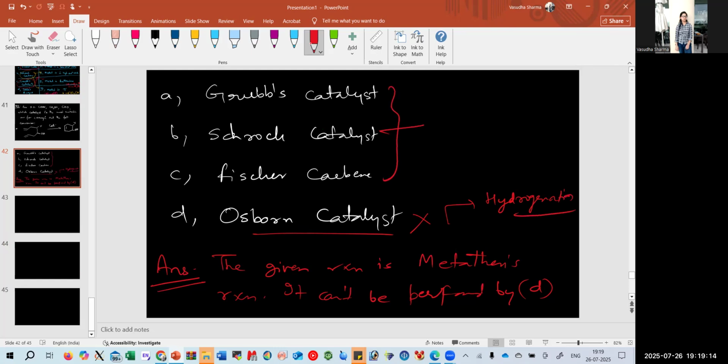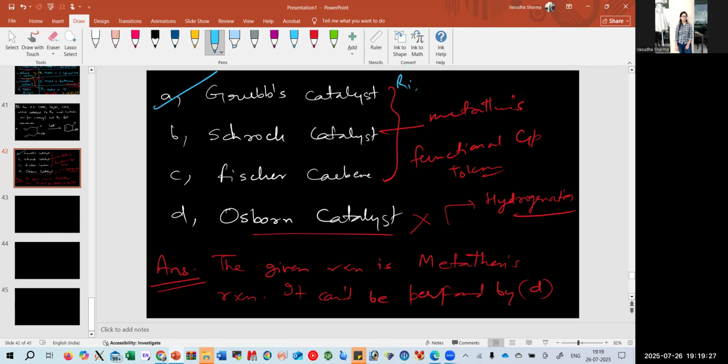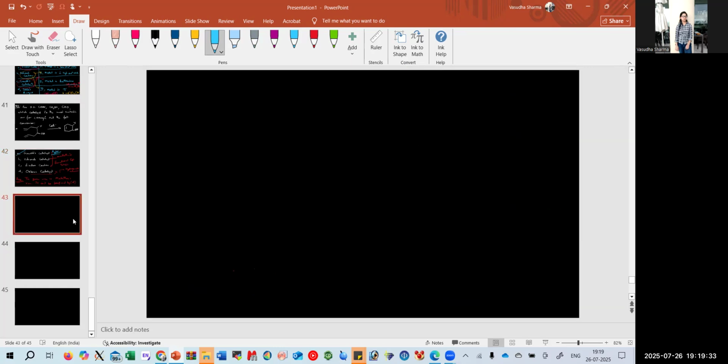Only these three are used for the metathesis. But since it has functional group tolerance, option A is the right option that we have already discussed. So based on that, the last question that we have is,